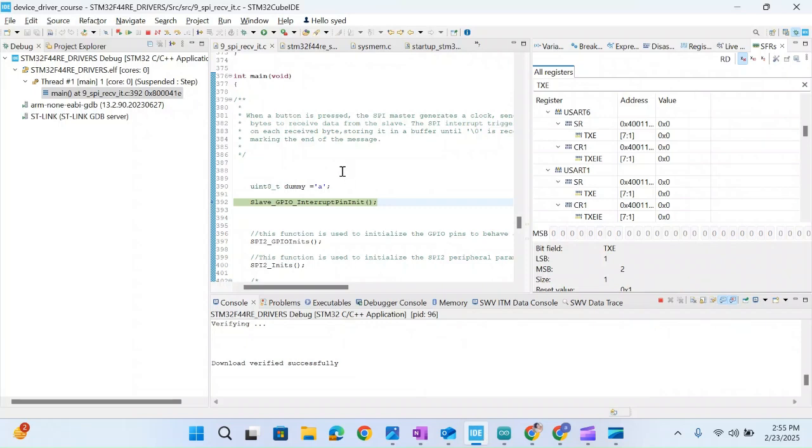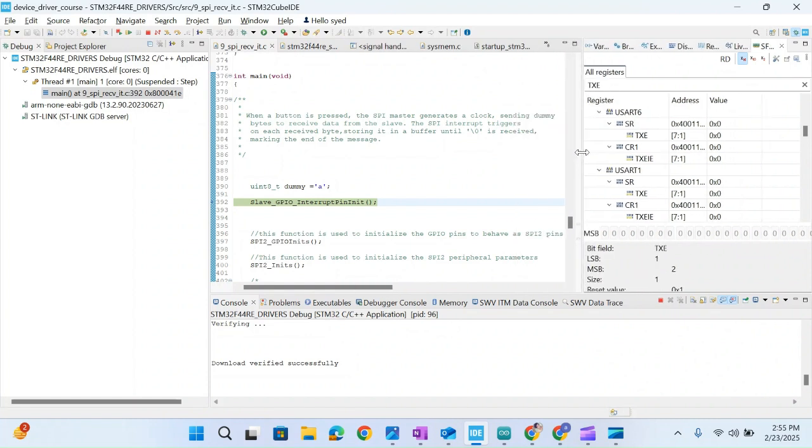Hello guys, I just want to show my recent SPI driver I have developed. Let me show how it is working with a small example. The problem statement is